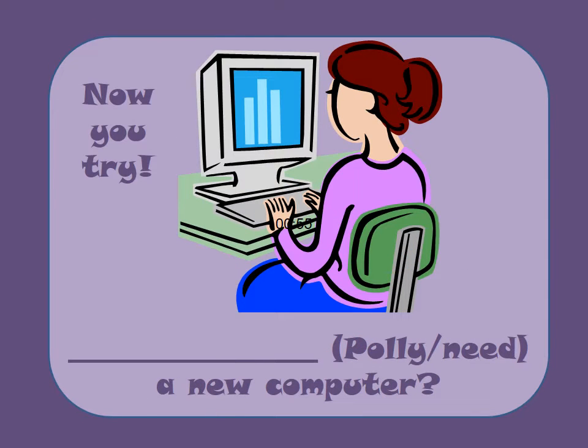This picture, now you try. This is a question, interrogative, yes or no question. Polly need a new computer, so I have to make a question. In the question, as we said, we will put do or does. What about Polly? Polly takes do or does? Yes, of course does, so I have to say does Polly need, without s. Does and doesn't are very strong. When they come to the verb, they return back into the infinitive.